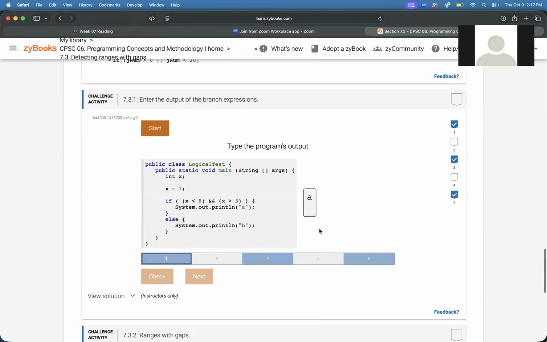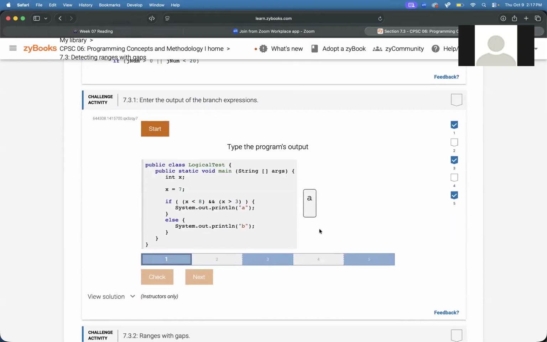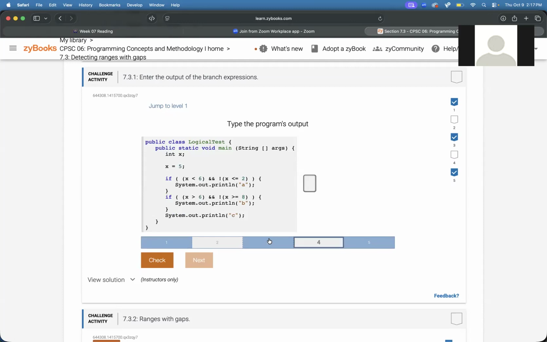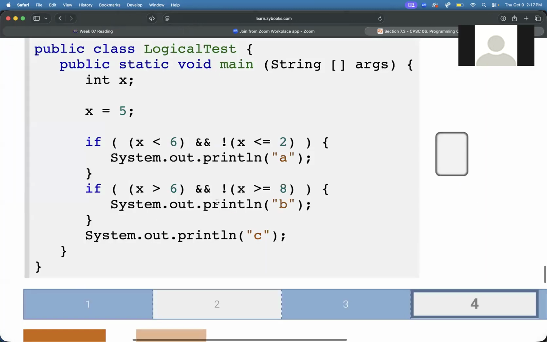All right, so let's jump down here. We got a couple activities. Let's do one of these, I guess. We haven't done one yet. Let's jump to number 4, actually. Why not? So in order to do this right, we're going to have to know how the and works. We have to know how the not works. And that's about it. Also, we need to be careful and pay attention to, like, this is an if statement